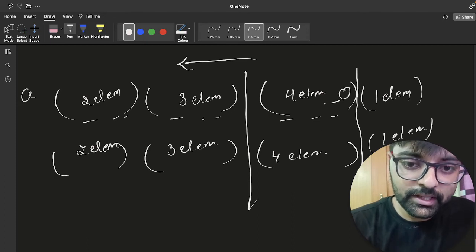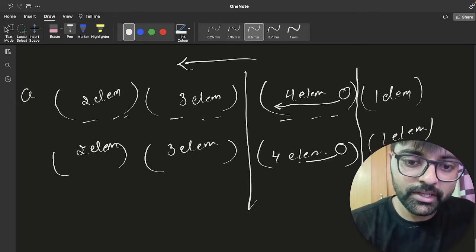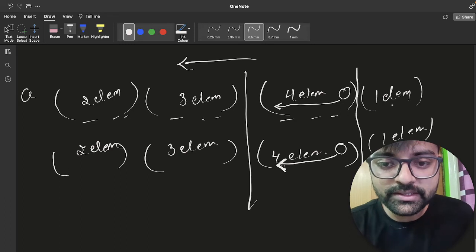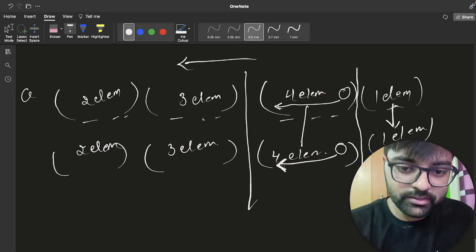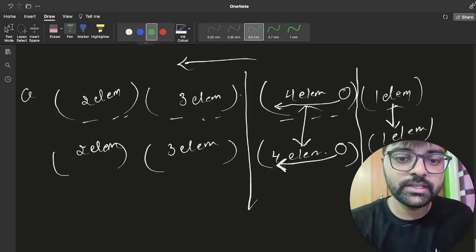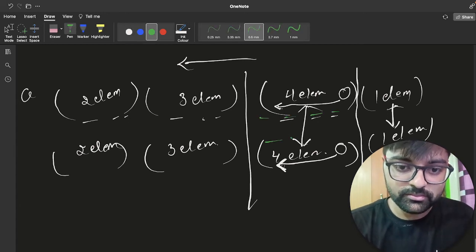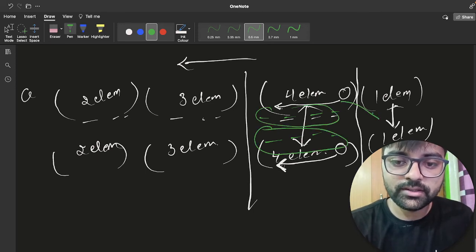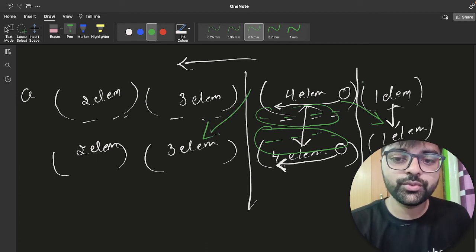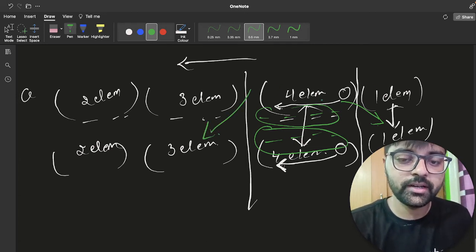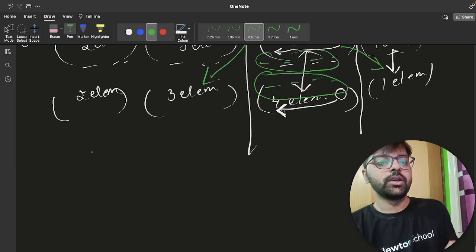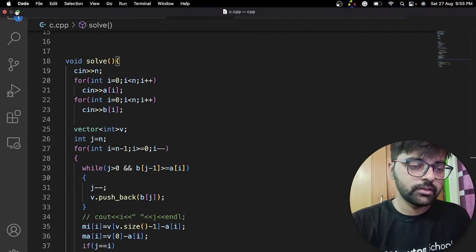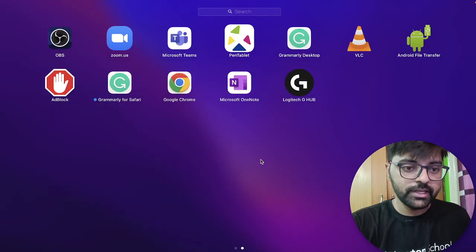So we are getting that this element can take up to this element, right? This element can take up to this element. So in any order, these 4 elements can take any permutation of these 4 elements, but we cannot take this element or this element, right? Because 1 element is already taken, then 4 elements can be taken, then 3 elements, then 2 elements. So I will move to our code. Sorry for the delay.